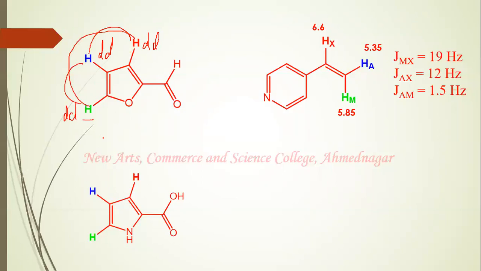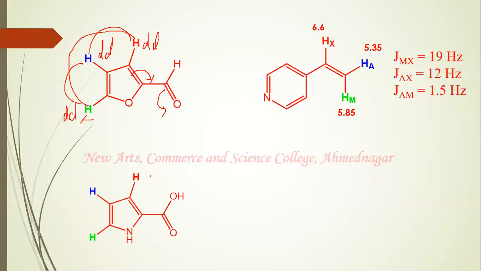So this is one more example of an AMX spin system. Why am I saying that this is an AMX spin system? Look at these protons. This green proton containing carbon atom is directly attached to oxygen, so it must be de-shielded. Then you have this proton which is in conjugation with the carbonyl group, that will also be de-shielded due to resonance. And this proton comparatively will be shielded, so we can say that this is AM. The blue proton I can call as M, and the red proton will be X, so it will be an AMX spin system.